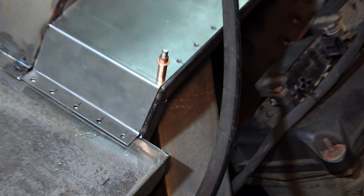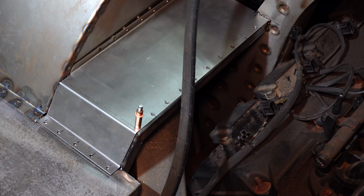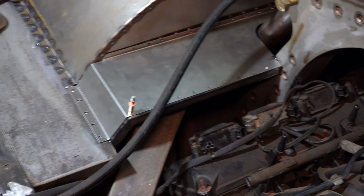So we'll put a bunch of those in to hold this piece in place, and then I'll finish that cutout in there. Then I'll raise it up and down, which has been really nice since it's been inside. I just had the batteries hooked up. I don't have to keep taking them in and out since it was not sitting outside anymore. But I can lift it up and down and get underneath of it,